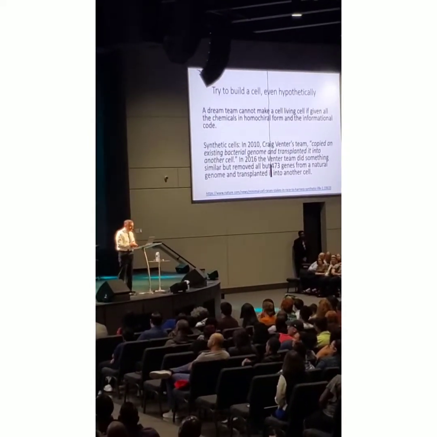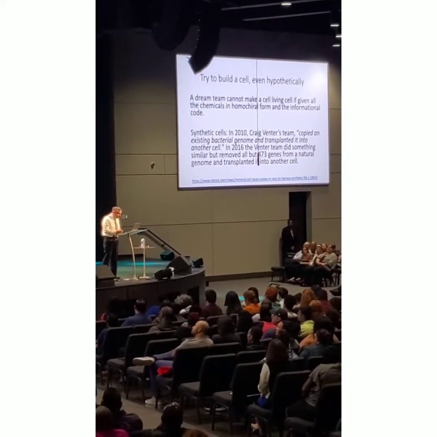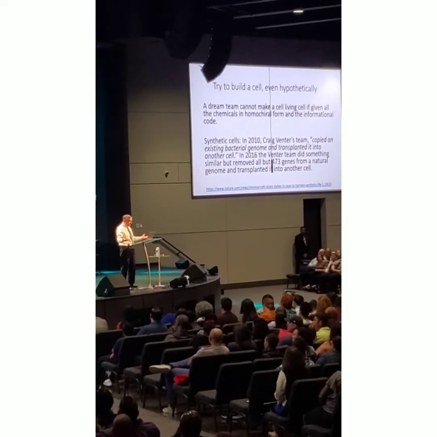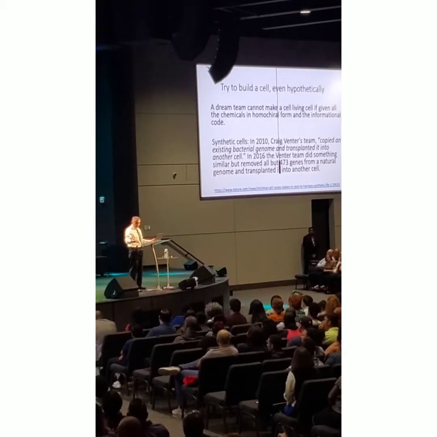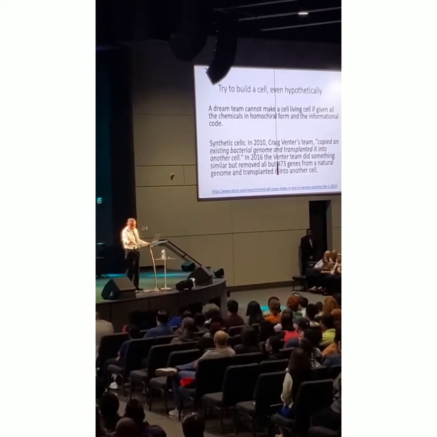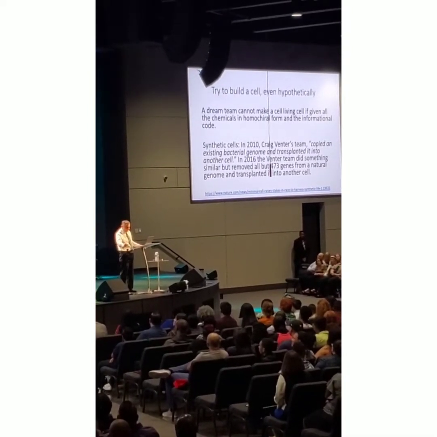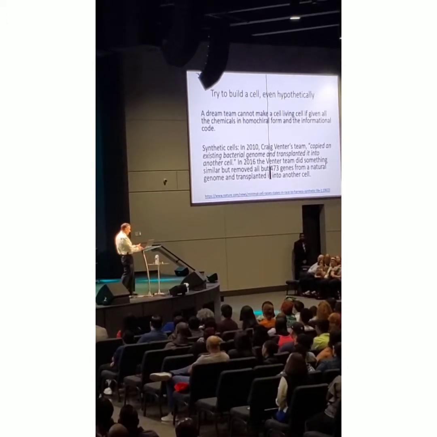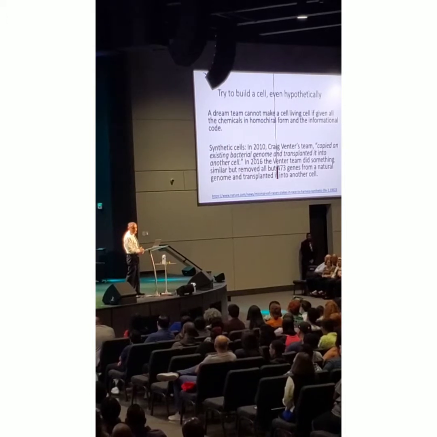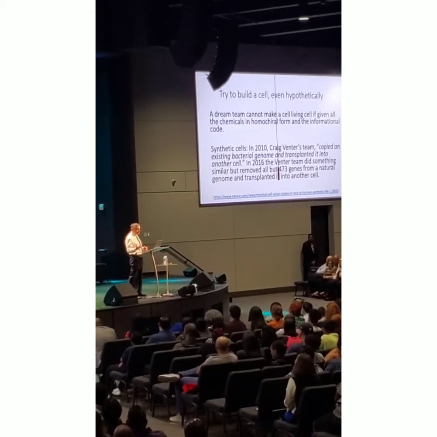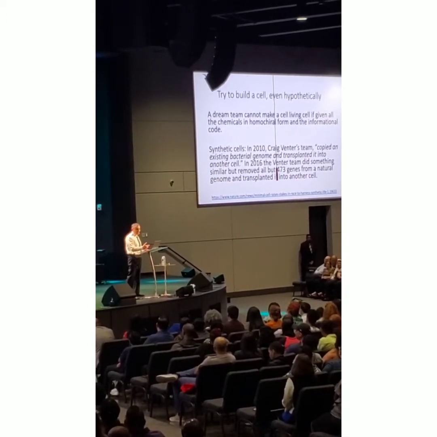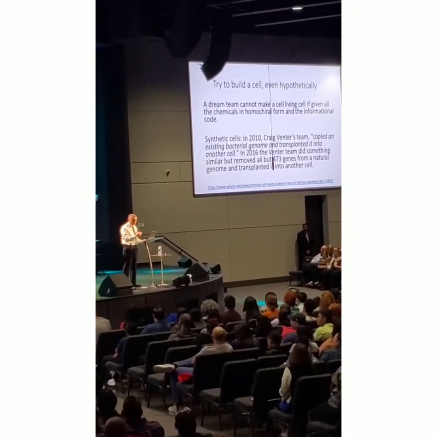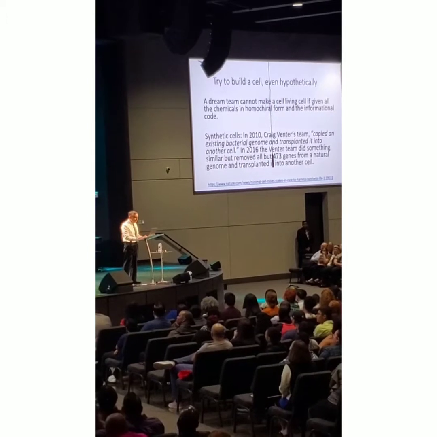Craig Venter had claimed to make a synthetic cell, but what he did is like you buy 2 Corvettes. I buy 2 Corvettes, and what I do is I take the control box, the computer control chip, out of one of the Corvettes, and I put it into the other Corvette, and I say, hey, I made that Corvette. You'd be like, come on, you didn't make the Corvette, you just took one piece out of it. That's exactly what Craig Venter did. And he claimed a synthetic cell. The origin of life can't be that way.